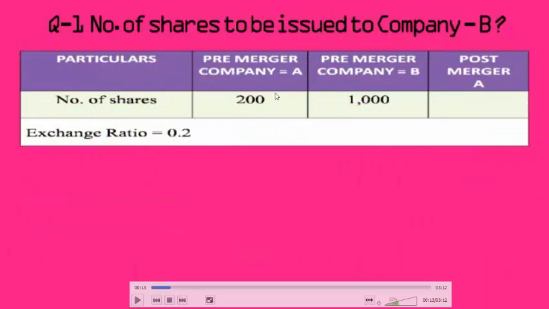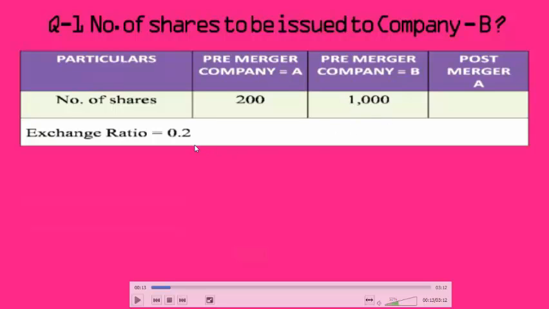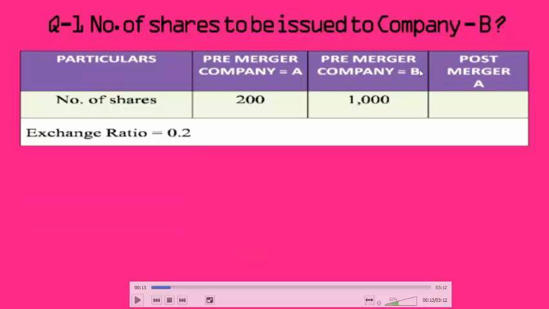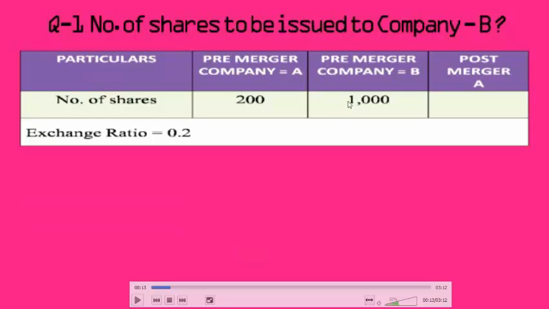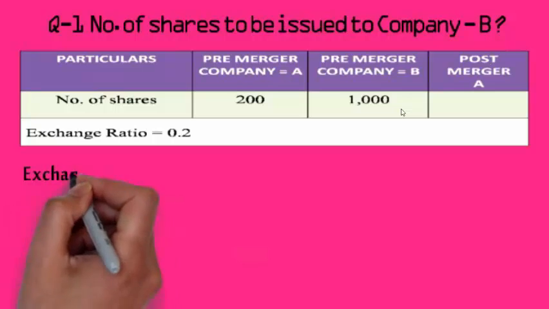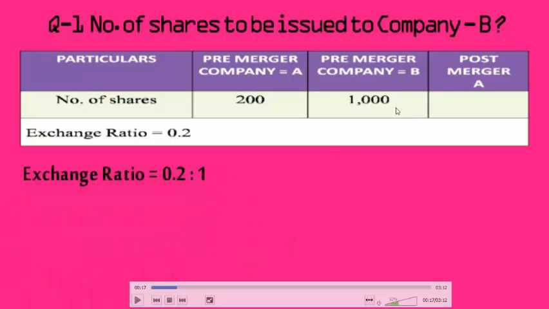So number of shares of company A is 200, whereas pre-merger company B is 1000. Now exchange ratio is 0.2. So company A shares will be issued to the shareholders of company B. Now what does this exchange ratio mean? That is 0.2:1. That is for every 1 share of company B, they will be getting 0.2 share of company